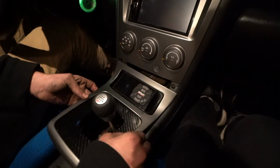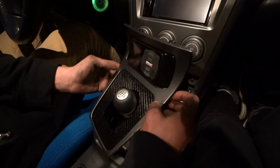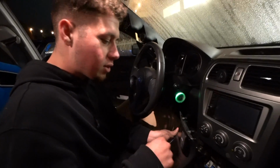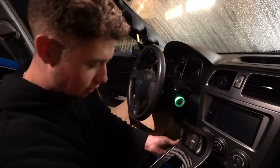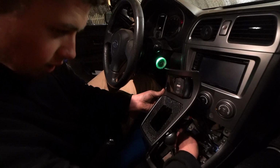We are in, boys. Quick tip, this needs to come out and you actually need to run the wire for the controller first. So get the wire through the hole, then connect it to the controller, put it back in, then screw it on. That's definitely the way to do it, and I found out the hard way. So now, gotta get all these wires tucked